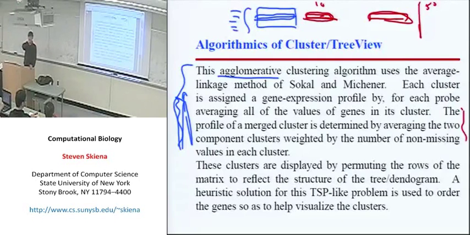Any questions about that? Okay? So basically it's agglomerative clustering using something that I would call essentially the centroid measure. Any question? And there's certain weirdnesses for